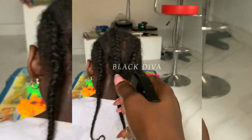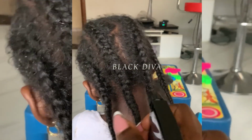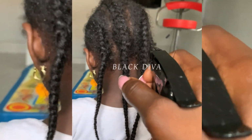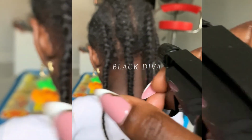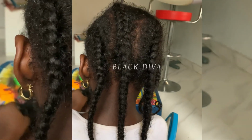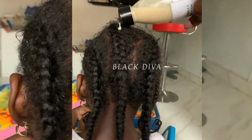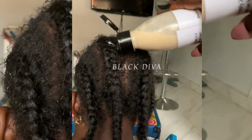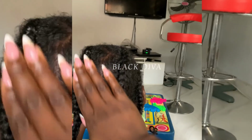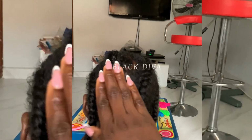So how I usually do it is ensure to hydrate the hair first and then moisturize it. Hydration is different from moisturizing. With hydration, you use water, and with moisturizing, you use your leave-in conditioner. So I ensure to spray water onto the hair first and go in with the leave-in conditioner, and then make sure these are well absorbed into the hair and it sits for a while before I start taking down the